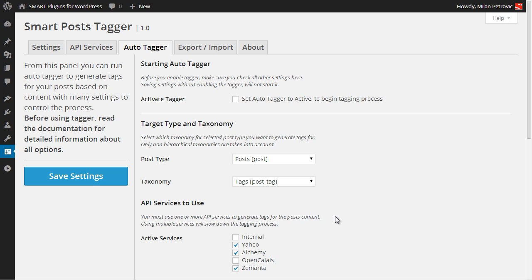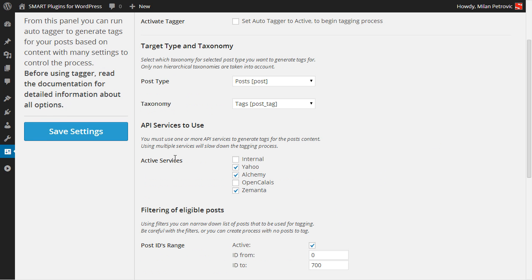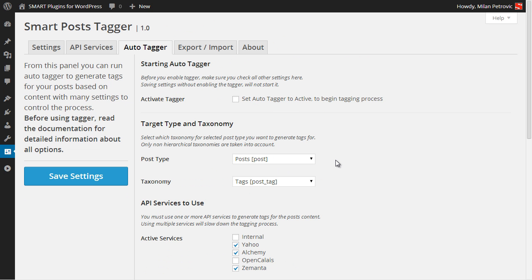And you need to know that having too many active services will slow down the process. The process of tagging will be done in the background, and plugin will use internal WordPress cron to run the tagger, and you can see the progress on this page while the tagger is active.